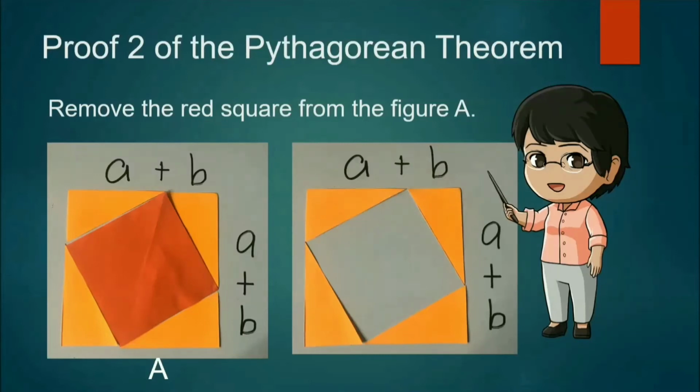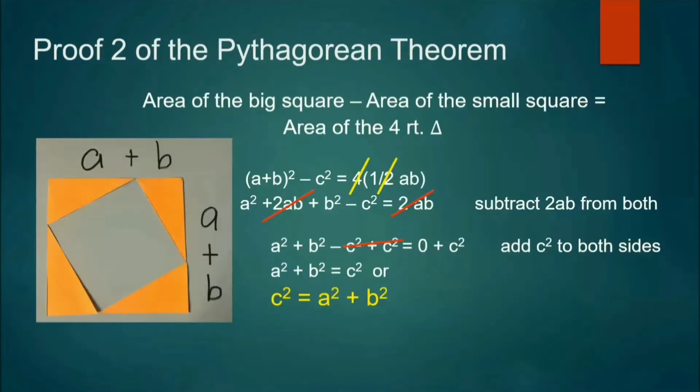Next, we remove the red square from figure A, and the resulting figure is the figure on the right. So we have here the equation. The area of the big square minus the area of the small red square is equal to the area of the 4 right triangles. So algebraically, we represent the area of the big square, A plus B quantity squared minus